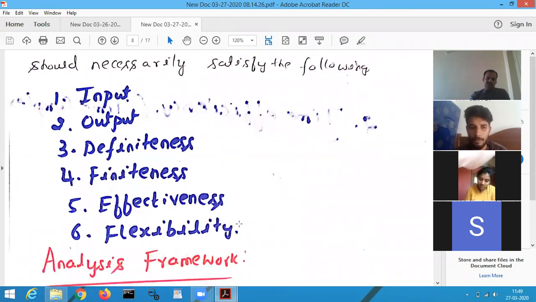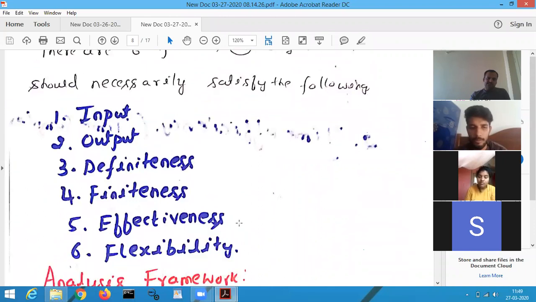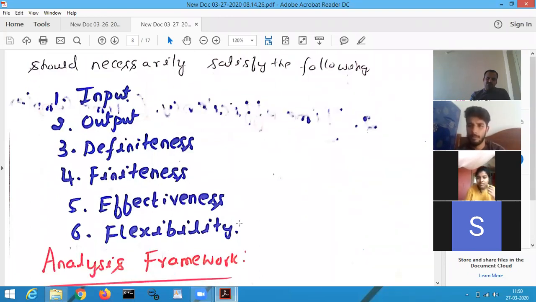Let us go for flexibility. For example, there are 60 students in a class. If I give the problem to find the GCD of 2 numbers, every person can write an algorithm for finding the GCD, so there will be 60 algorithms. That means all the persons are given the flexibility. Out of that, I am going to select the best algorithm. That is what effectiveness.